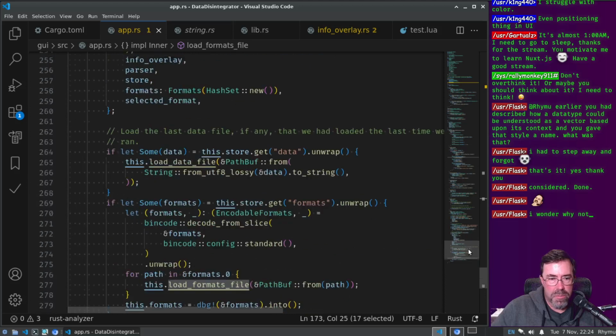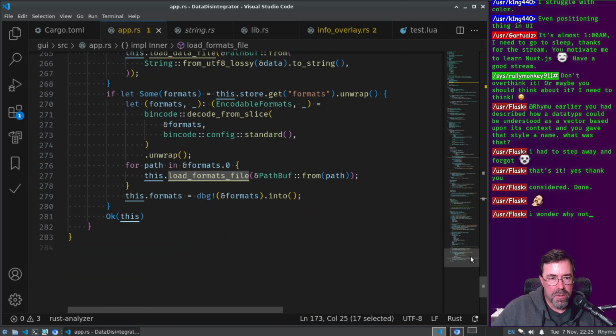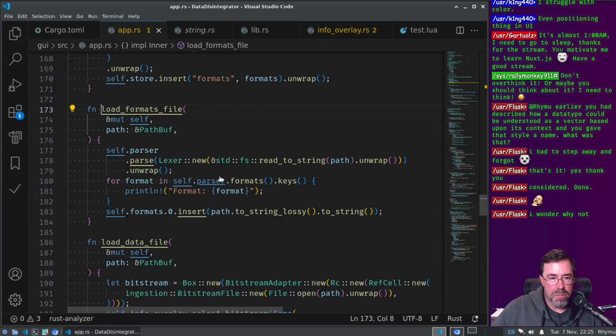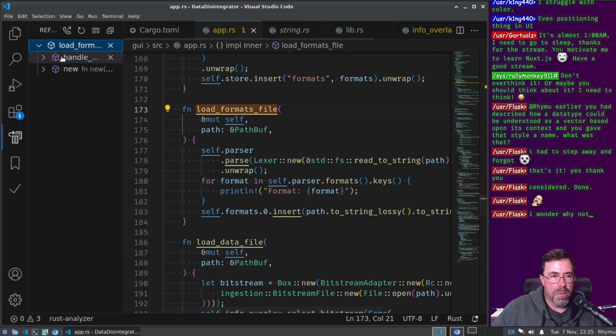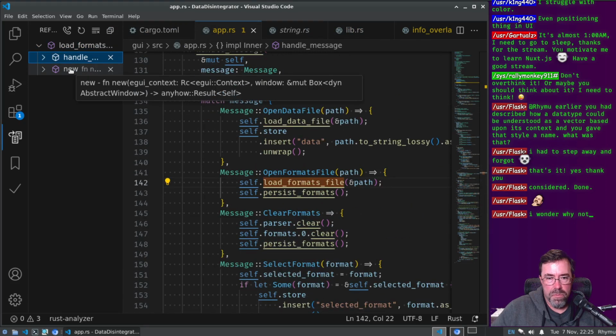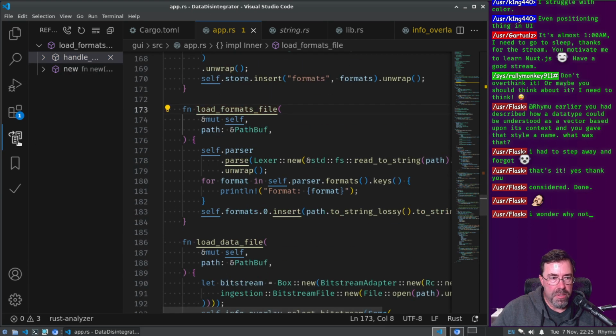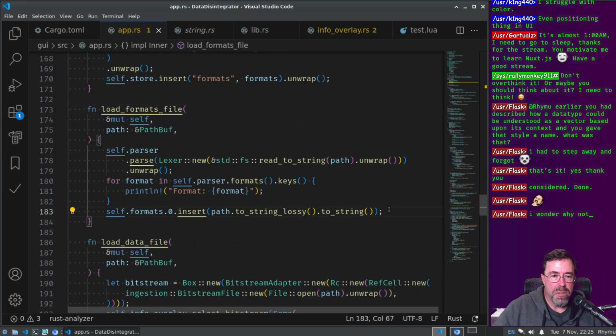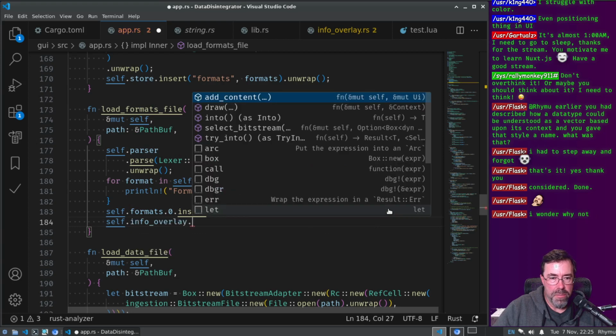Actually, did we call it at the beginning? Yes. And we called it multiple times, really. Show hierarchy. So if there are multiple formats files, we'll end up doing this multiple times, but I don't think it's a big deal. So as part of this, it will tell its info overlay about the formats,